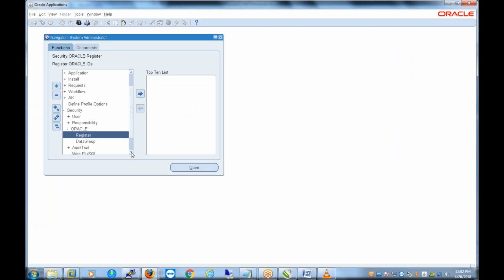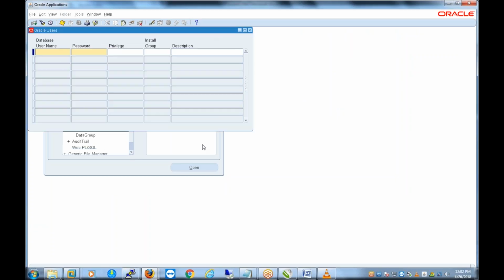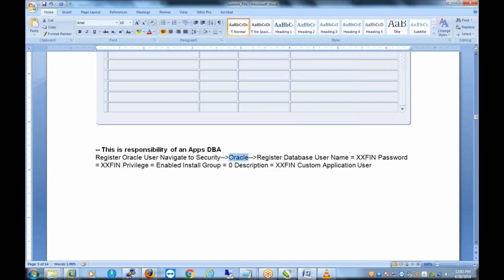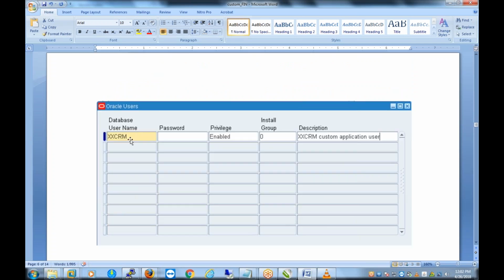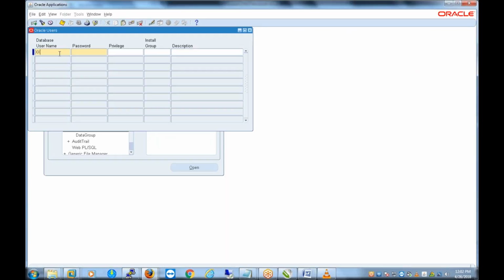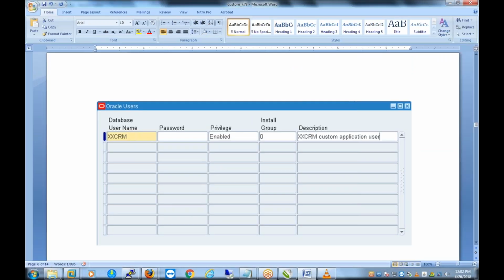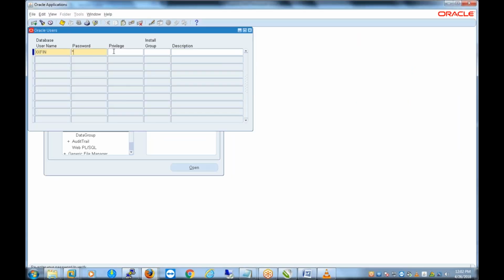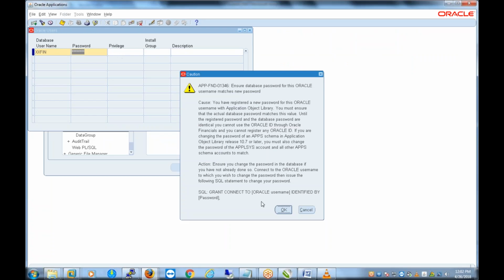So register, yeah, database username. So here we have to say xxfin. Yeah, my user is xxfin. Password welcome1, and one more time welcome1, and we have to enable the,